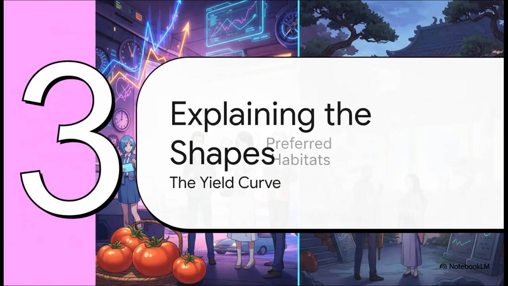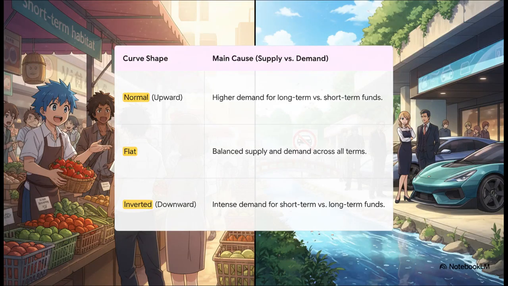All right, so we've got these two related theories on the table. So what? How do they actually help us explain those different shapes the yield curve can take? I mean, how do we get a curve that slopes up, or one that's totally flat, or even one that's bizarrely sloping down? Well, this table breaks it down beautifully. It's all about good old supply and demand, but happening in each separate segmented market. A normal upward-sloping curve, that happens when there are way more people who want to borrow money long-term than there are people willing to save long-term. So to attract those savers, the long-term rates have to be higher.